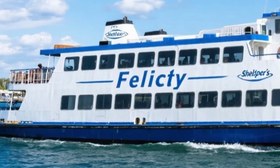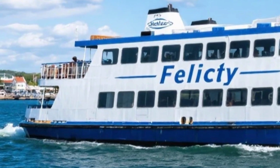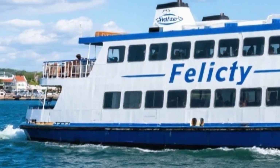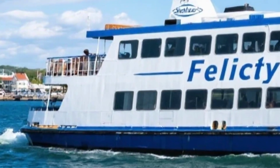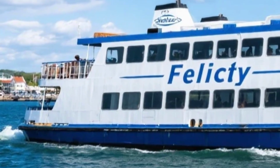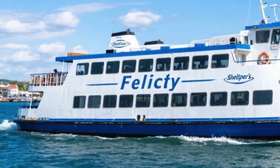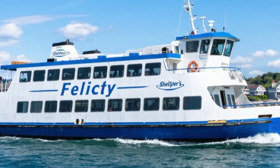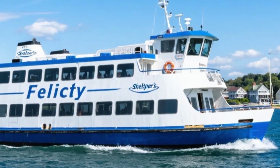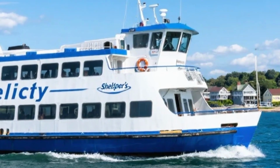This boat has been ferrying passengers since the 1970s, and it's got a lot to offer, from its classic design to its reliable performance. So, whether you're a boating enthusiast or just planning your next trip to Mackinac, stick around as we break down the key features, design, interior, performance, and unique selling points of the Felicity. Let's set sail. First up, let's talk about the key features of the Felicity that make it such a beloved